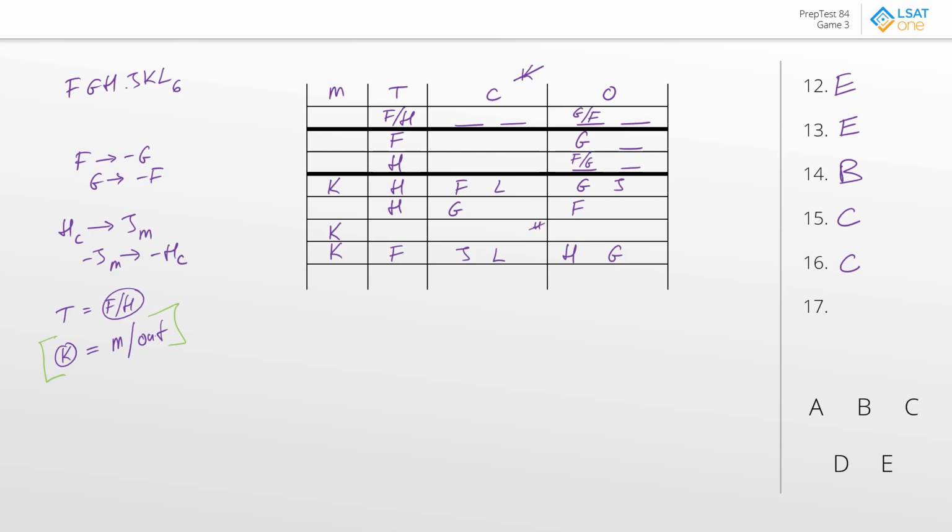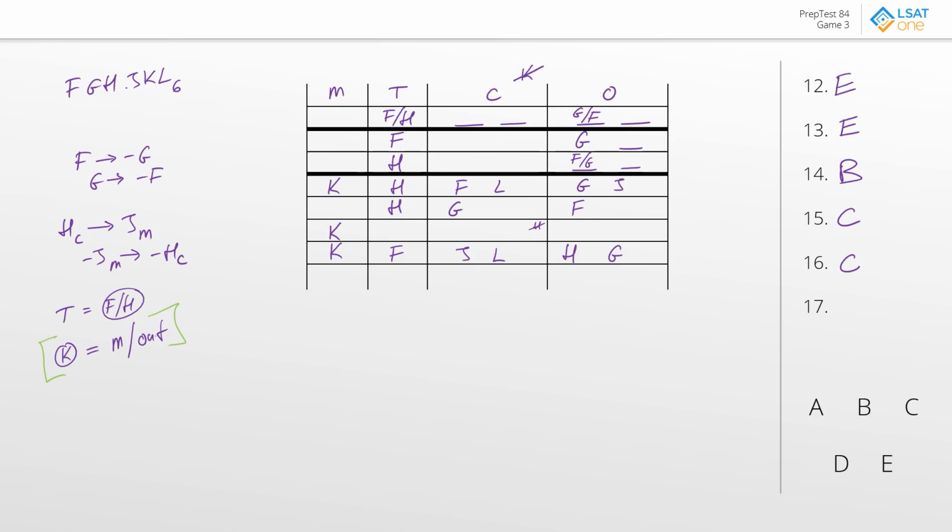And no, because this answer choice only tells you what happens if H is a counselor. But what if H wasn't a counselor? What if H, for example, was a treasurer? This answer choice says nothing about that situation, in which case couldn't K easily still be a counselor? The thing is, this answer choice only tells you what happens if H happens to be the counselor. It doesn't tell you what happens if he's not, in which case this wouldn't guarantee that K will never be a counselor. So for answer choice D, again, it doesn't seem like we have a firm proof that this is not the right answer choice, but it doesn't seem like it would actually have the impact that we needed. So we'll leave it open if anything, but it doesn't seem like a viable answer.